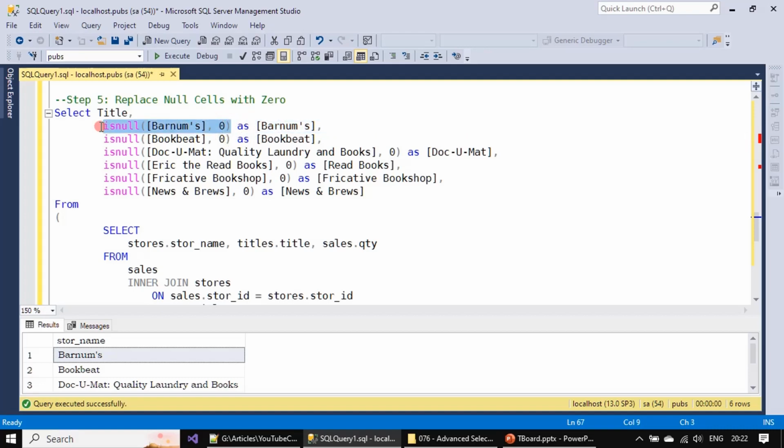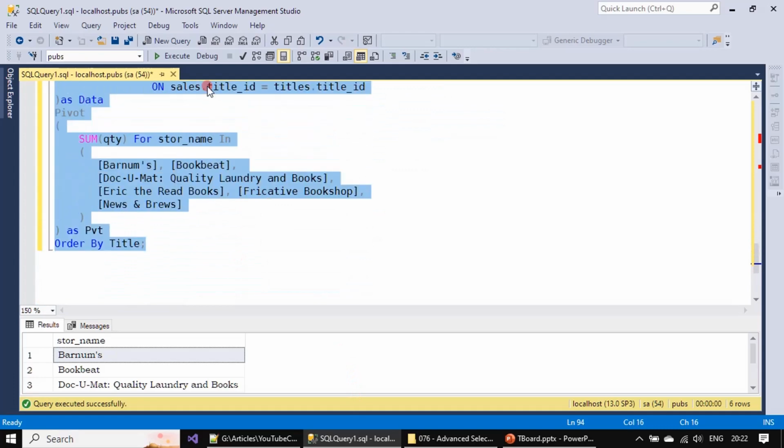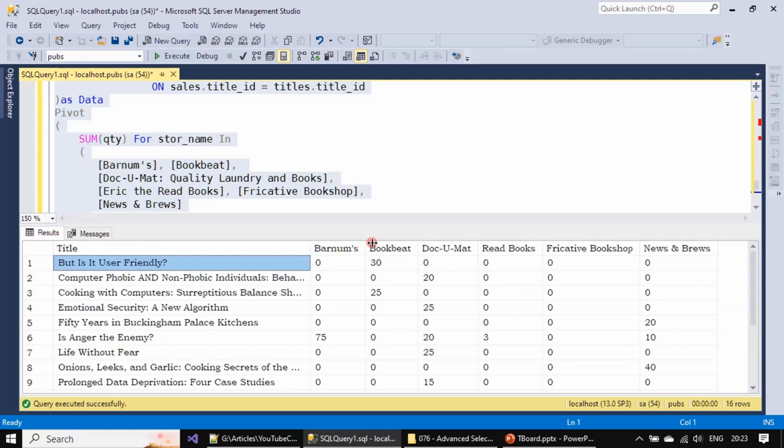We don't want to get column names like this, that's why we use alias. That's all. This is the way we applied isNull for all the columns. Now if we execute this pivoted query, we will be getting all the sales